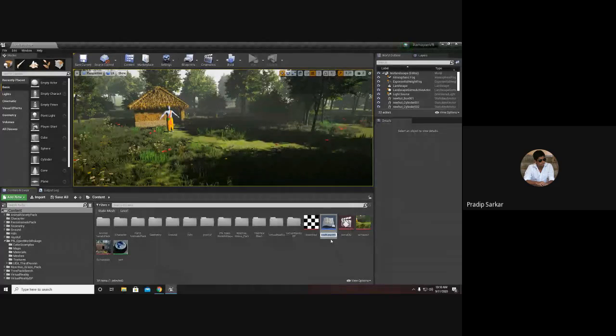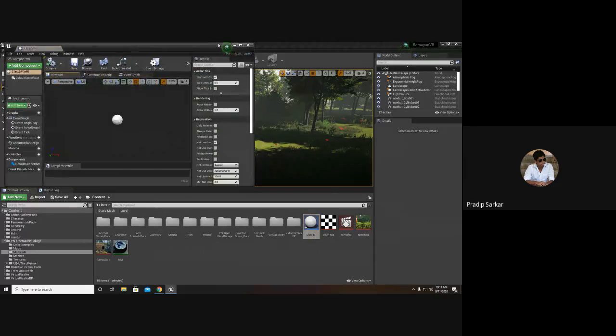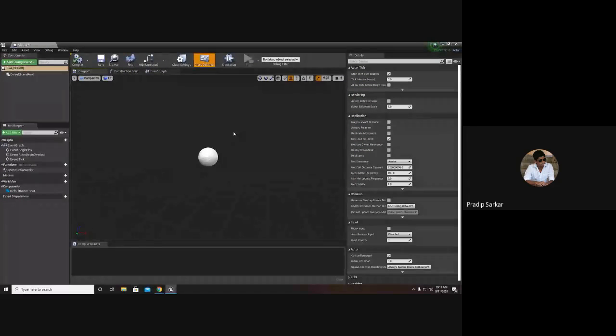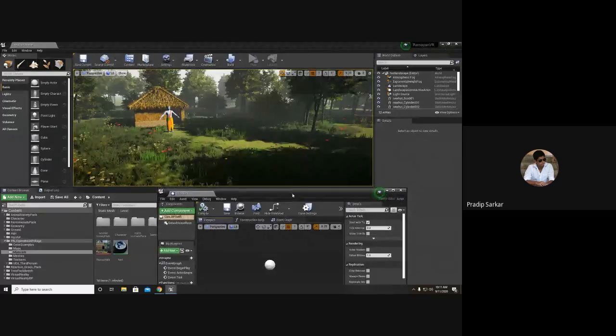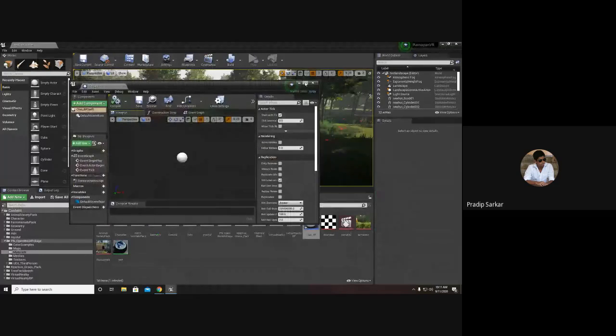Now it is asking me to give a name for the actor. Now it has opened the blueprint editor. As in Unreal, everything is done inside the editor. So we have our level editor in the background, and this is the blueprint editor.